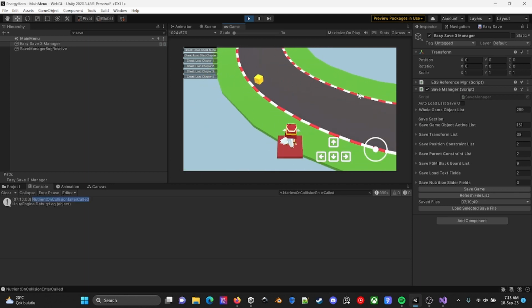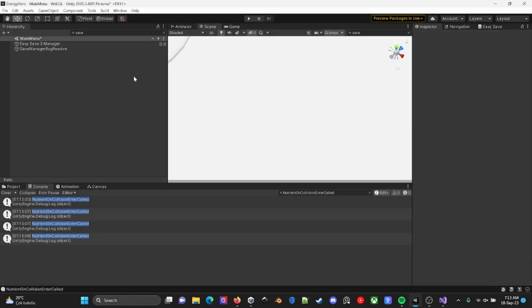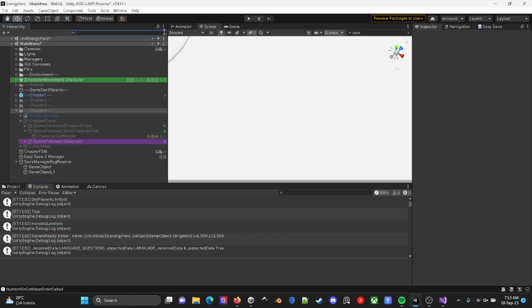Okay, these are working, but this just kills the rigid body, just kills it.